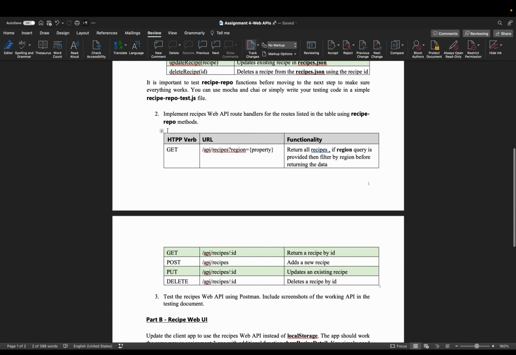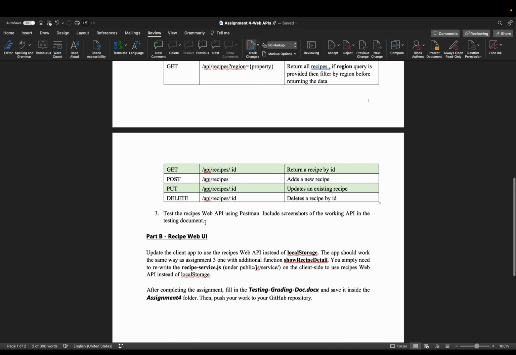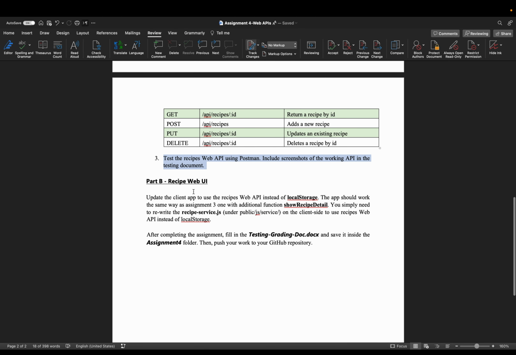Next, you should implement all of these 5 routes. These 5 routes are given to you, how they should look, and you should figure out how to implement them. Now the first route, for example: if the user does not pass the region, then you return all of the recipes. But if they pass the region, you just filter out the ones that match this region and return them. Once you finish all the routes, you're going to use Postman to test your routes, take screenshots and put them in your document,